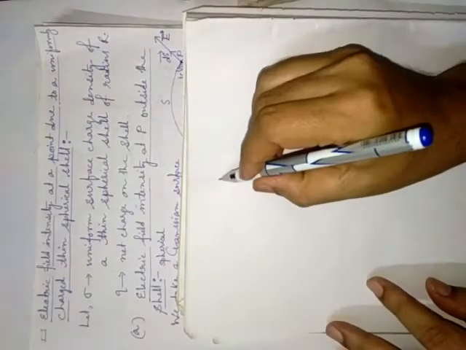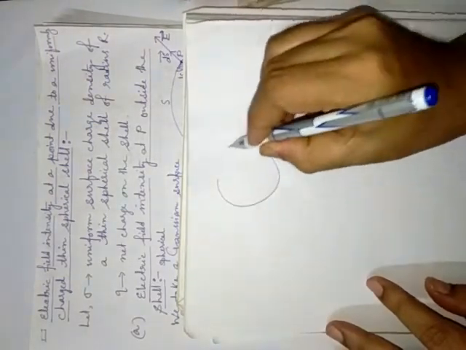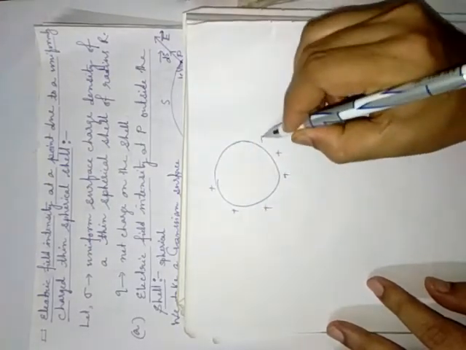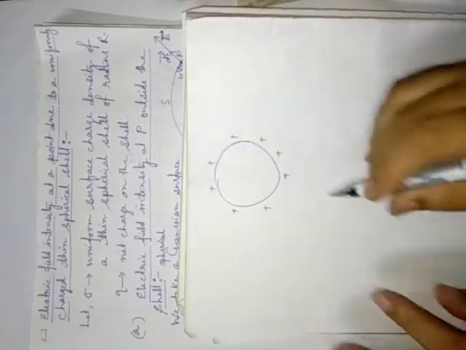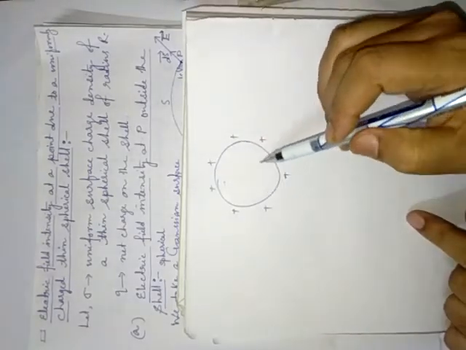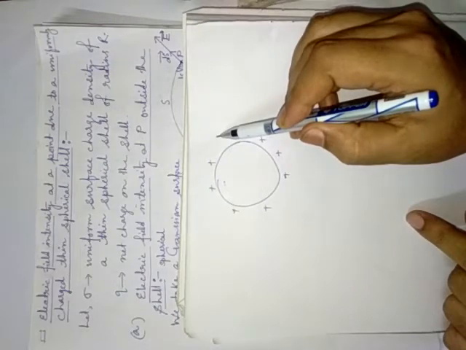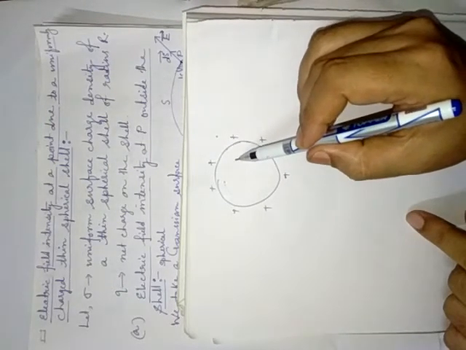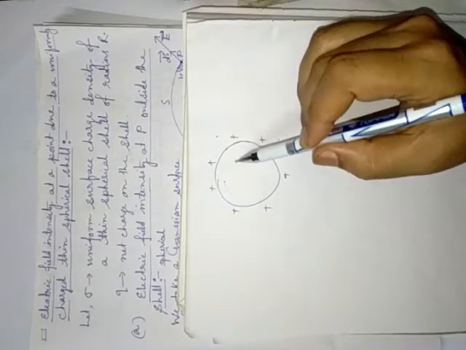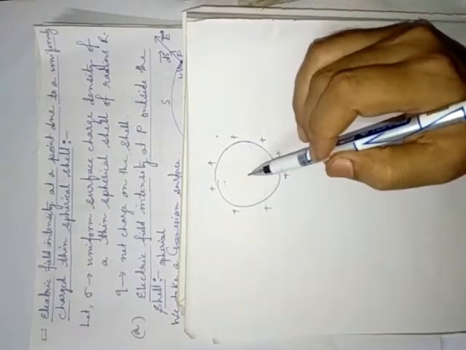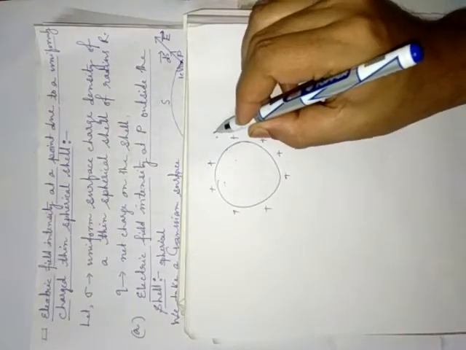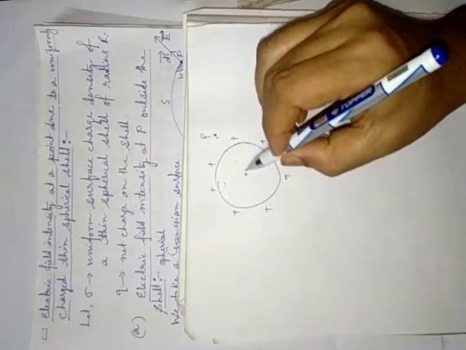Suppose this is a spherical cell, positively charged. One thing you see here: outside, we have to calculate electric field intensity. On the surface also we are going to find out electric field intensity, and inside the cell also we are going to find out electric field intensity, but it is a hollow part. Now suppose we are going to find out electric field intensity at point P, which is at a distance, suppose